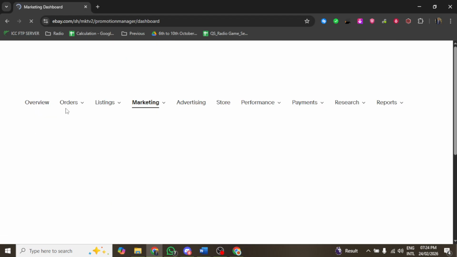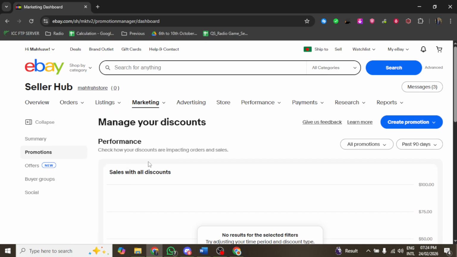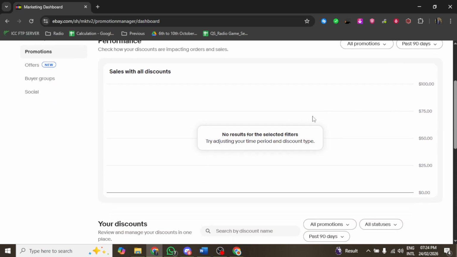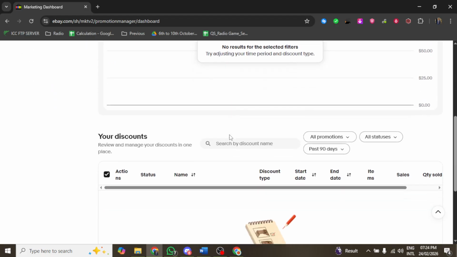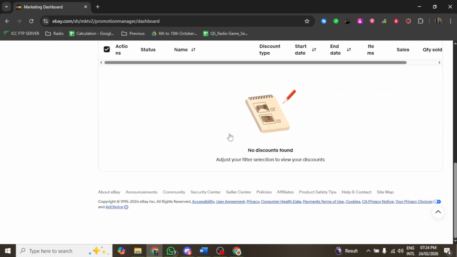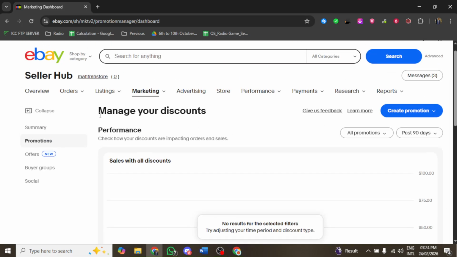To complete the process, find a button that says Launch or Save and Launch. Click this button to activate your markdown sale. You will receive a confirmation message indicating that your sale is live. Keep in mind that it may take some time for the changes to reflect on your listings, depending on eBay's system updates. Monitor the performance of your markdown sale through the Seller Hub to see how it impacts your visibility